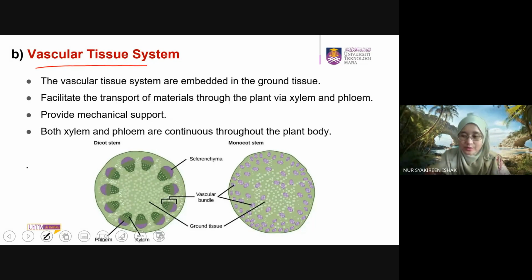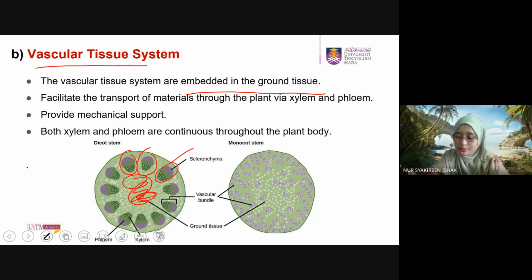Okay, so the vascular tissue system are embedded in the ground tissue. Nampak? If you look at this diagram, so these are ground tissue. In the ground tissue, it has the vascular tissue system. The vascular tissue system consists of xylem and also phloem, which facilitate the transport of materials. So if it's transporting water, it is inside the xylem. If it's transporting food such as glucose, kan, that will accumulate in the fruits, for example, so that is